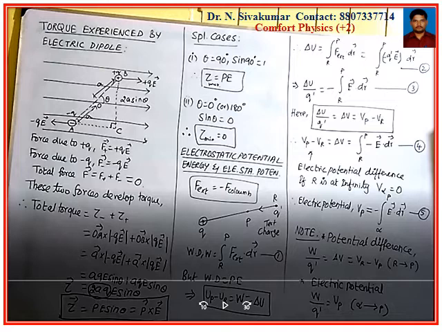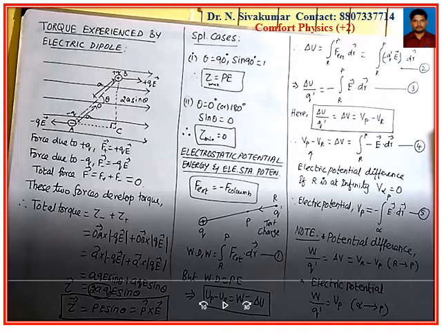So here I have a source charge plus Q and a test charge Q dash. Now the test charge is at point R. Now I am going to bring the test charge from R to P, and find the work done. Since we have two charges Q and Q dash, there will be a Coulombic force. The external force must balance the Coulombic force in the opposite direction to do the work. So the work done W is equal to the integration from R to P of F external dot dr.